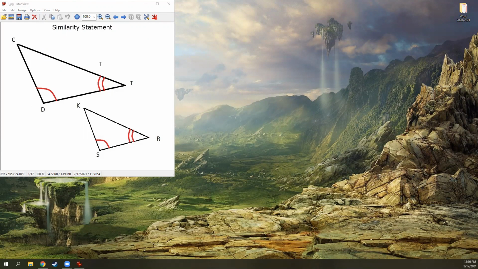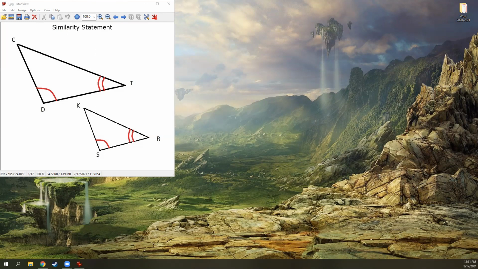Similarity means that these two are the same triangle, but they're different sizes. There's a couple of ways to find similarity. If two angles correspond to two other angles, then they're similar. But there's a lot of ways, and they're not entirely important because it's not normally how they ask questions. Your questions are mostly focused on what similarity is in general. Similarity is the same triangle, but different sizes. Their angles are all the same, but their sides are different. We'll get to the math of the sides in the last two examples, but let's just figure out how to